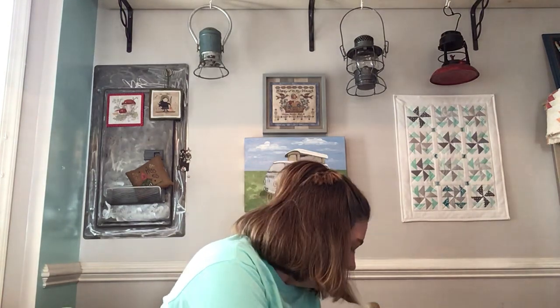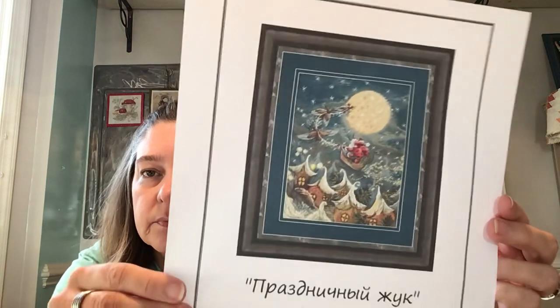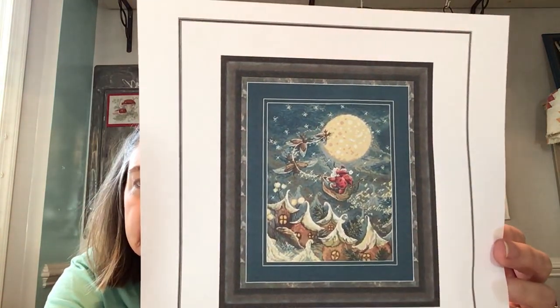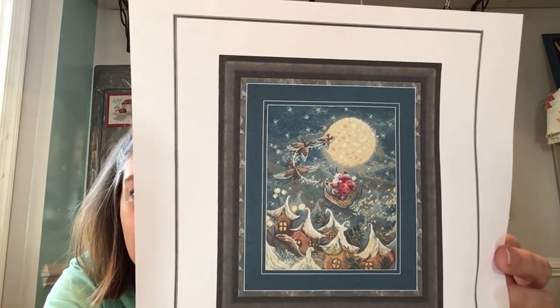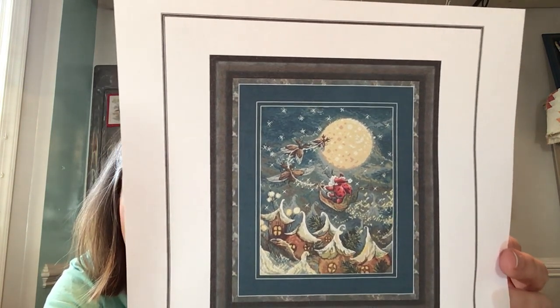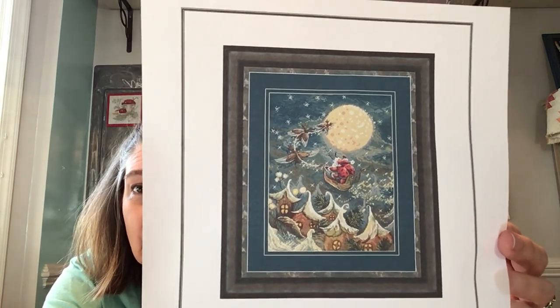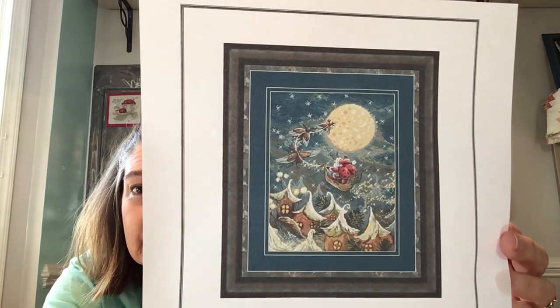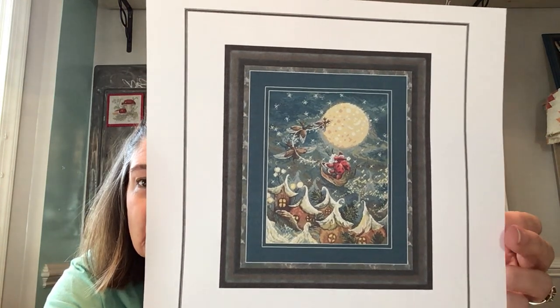So that is that, and let me tell you real quick about mybobbin.com. So I messaged them about this pattern. It is a ladybug who is Santa Claus, and the reindeer are little bugs. And look at the houses and the moon and the sky. It's so gorgeous. I saw that it was 20% off, and I was like, okay, I have to have it. I can't find it. I messaged her,